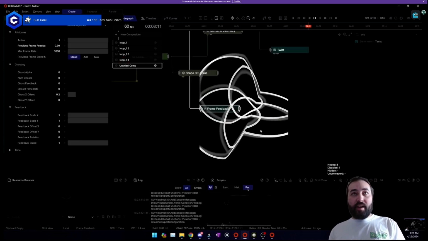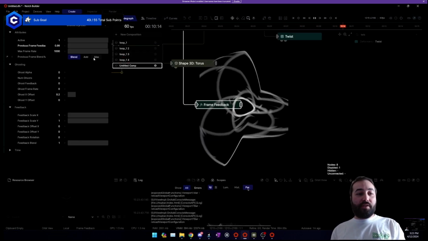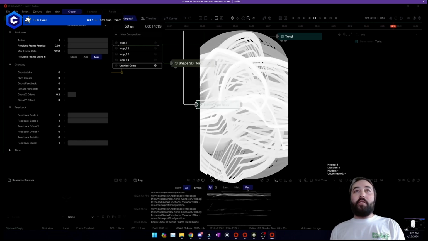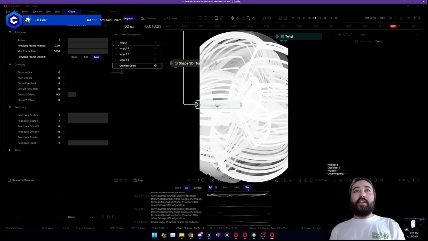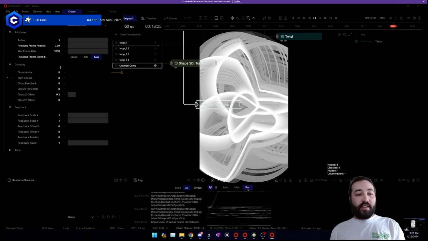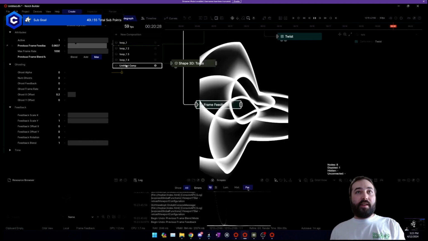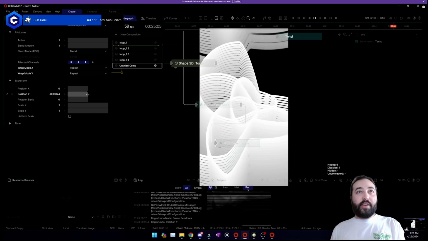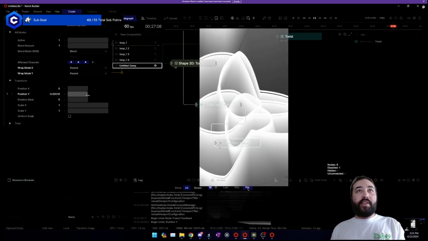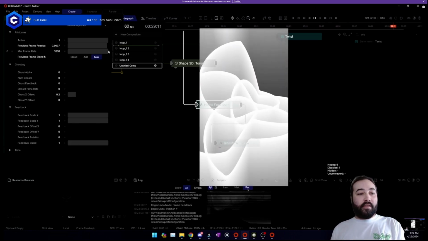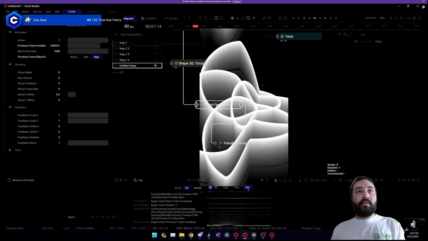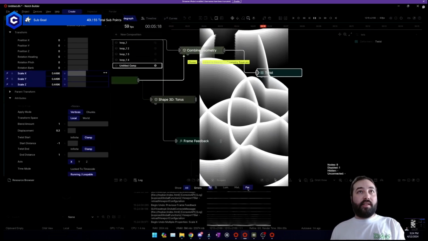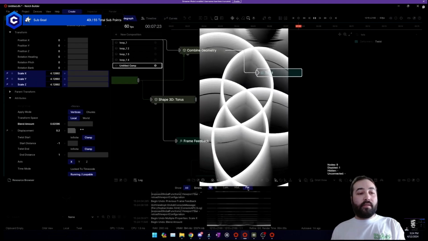So I'm going to add a frame feedback. This is actually going to basically take the previous frame and overlay it so that it just is sticking there. And we're going to turn it down a little bit. And I'm going to add a transform in here. So now every single frame, it's going to move downward like this. Let's turn this down. So now we've got something like this. Maybe let's make the twist even bigger and crazier now.